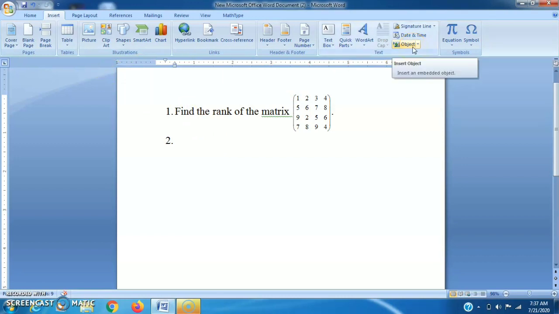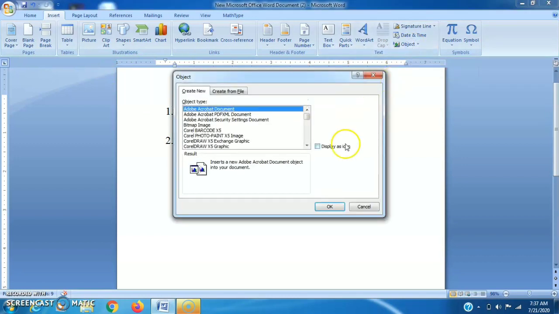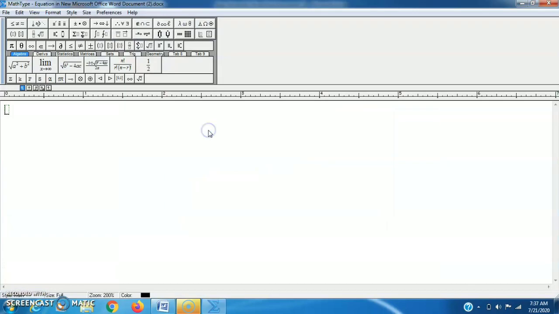Suppose I once again click on object and choose MathType 6 Equation, and suppose I want to insert limit x tends to infinity. It is good to note that if we want to give some space in the equation, then we have to use Control plus space.